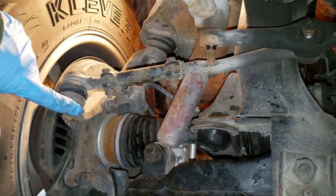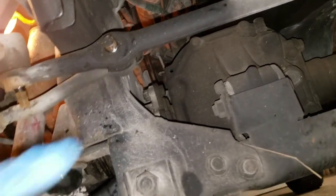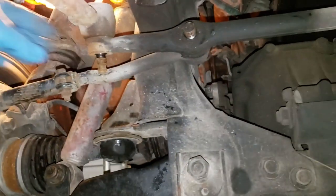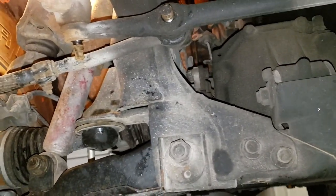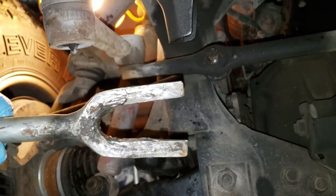Okay, I've got the tops off here, here, and up here. This is factory 1993 stuff. This has never been changed, but there's quite a bit of play in here in the steering. A little bit dangerous. I was afraid to go any further with it. So now we're going to take the hammer and the fork,